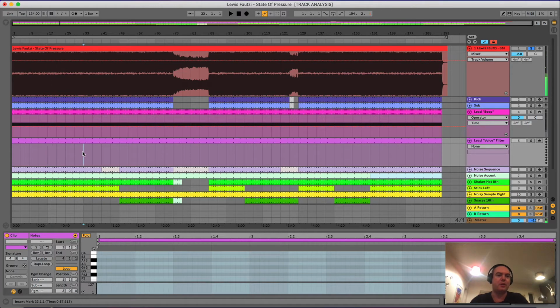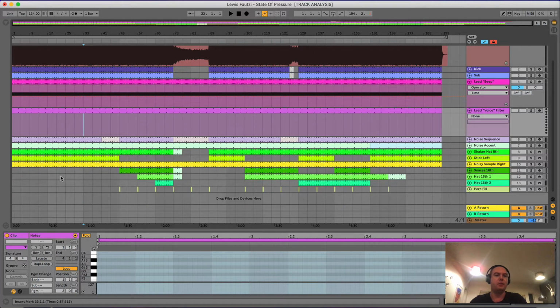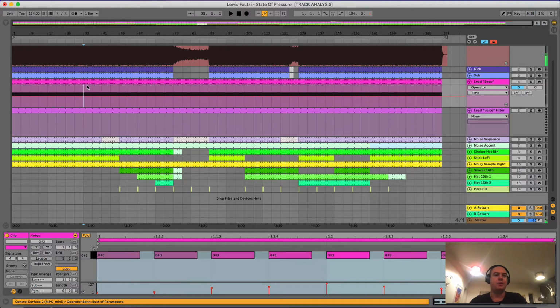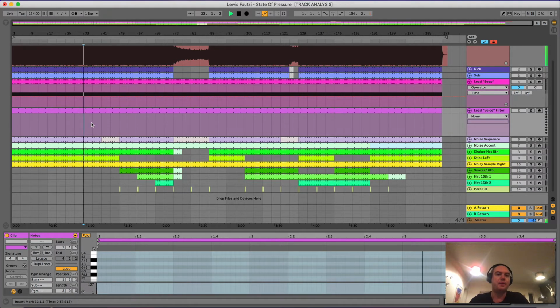This becomes more obvious over time as the track evolves, as stuff is being automated. You can see no parts are really coming or going here. It's all automation in these synth parts. See the notes here, those are opening up the filter, or they're becoming louder. And then here,